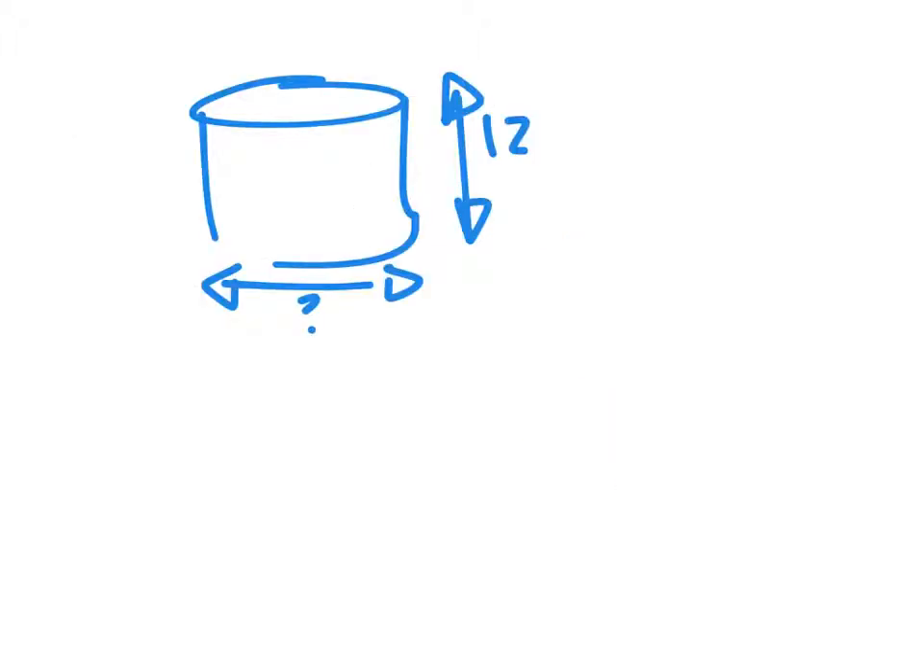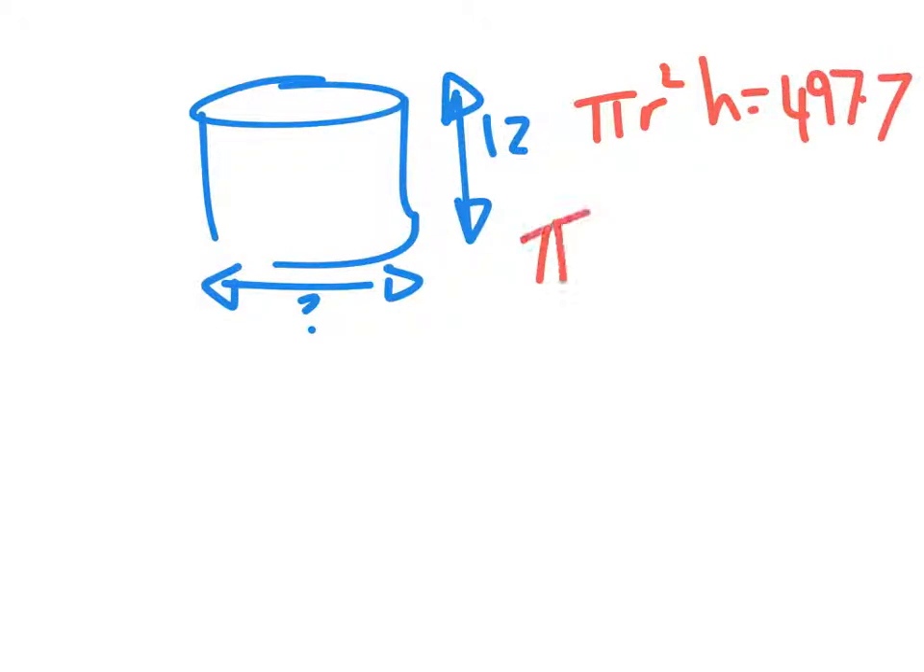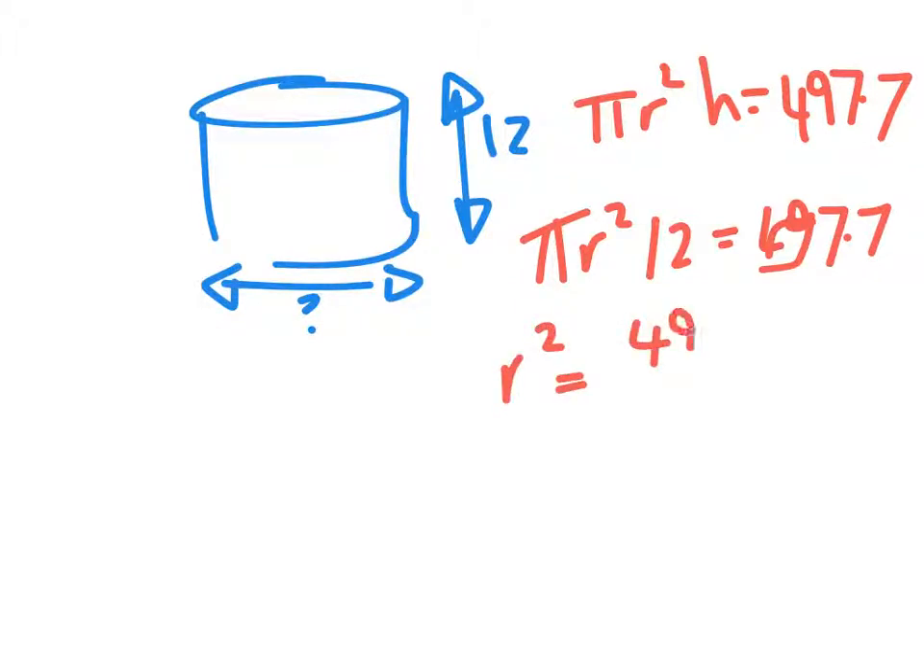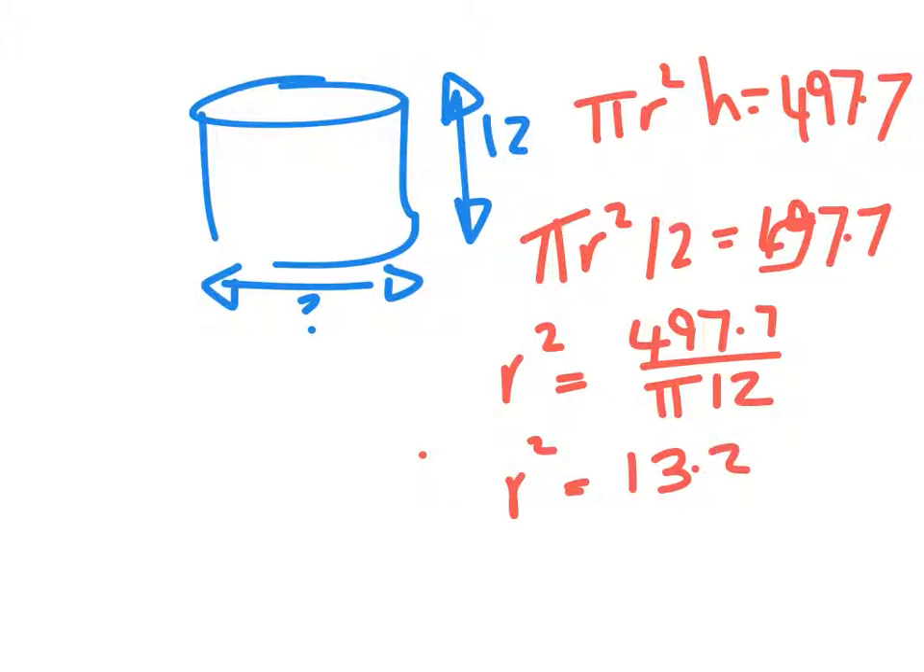The other cylinder has the same volume, so pi r squared h is going to be the 497.7. What do we know in this one? We know that the height is 12. Take the pi and the 12 over, you get r squared is 497.7 divided by the pi times 12. R squared comes out to be 13.2, and square rooting that gives us the new radius of